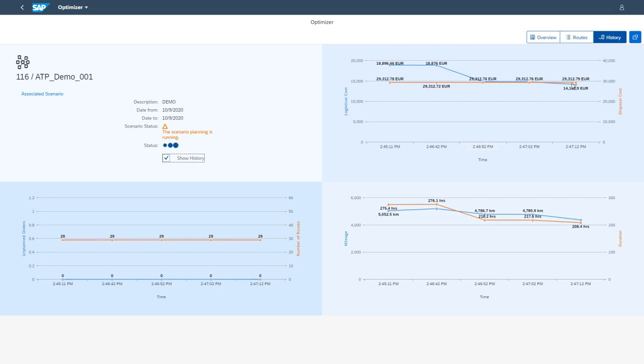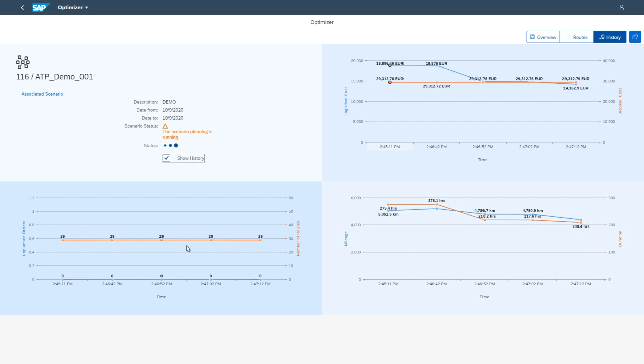You see here logistical costs are reduced compared to the first one, 2 minutes after the first solution was identified. Also driving time and the mileage is improved.